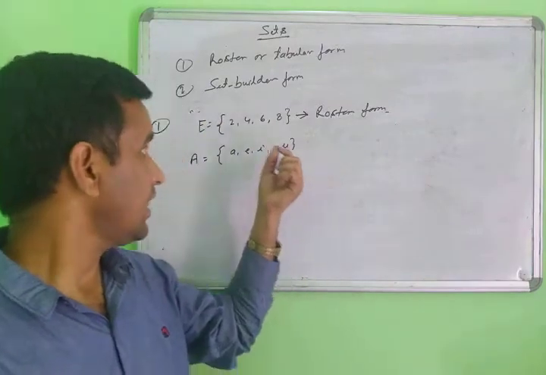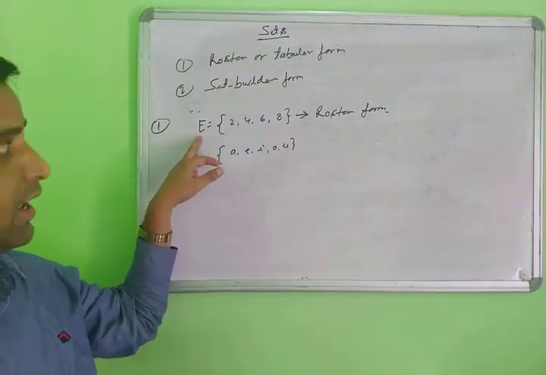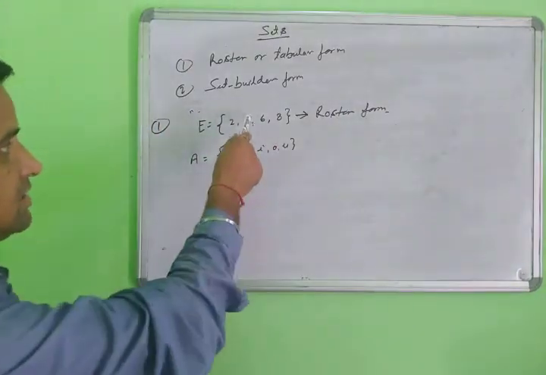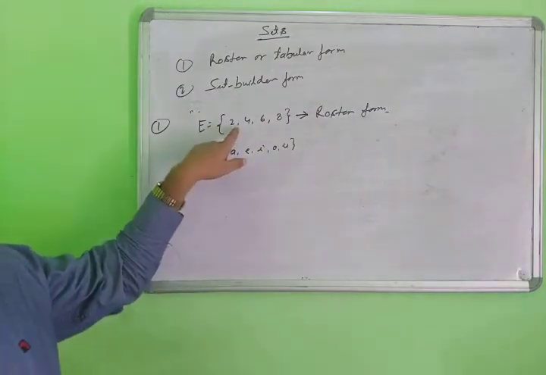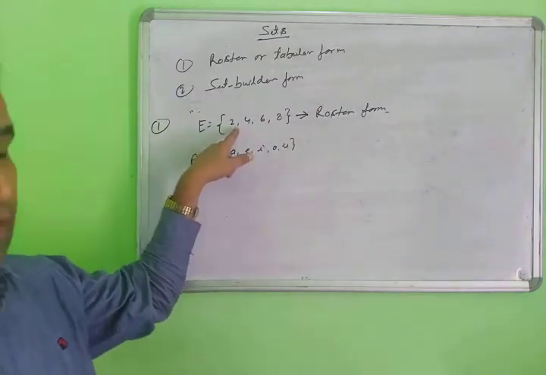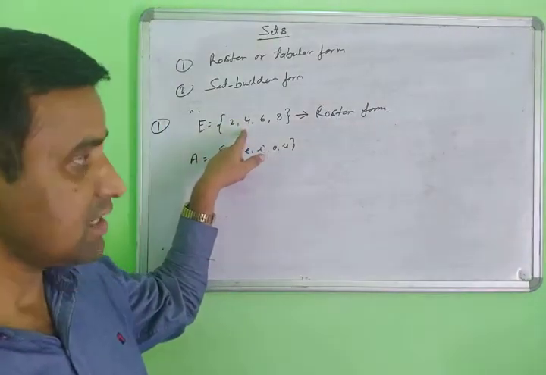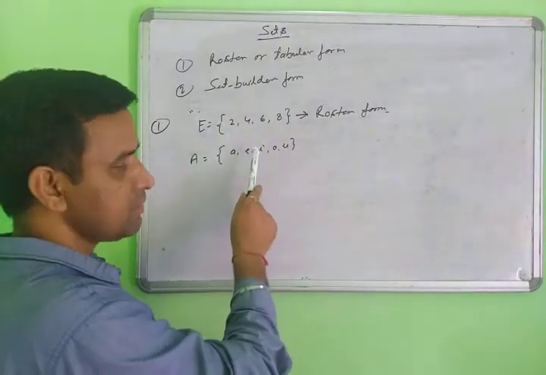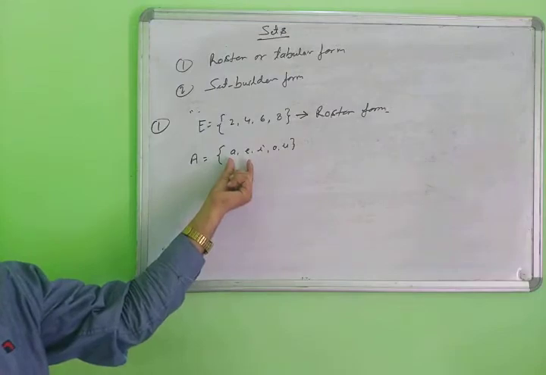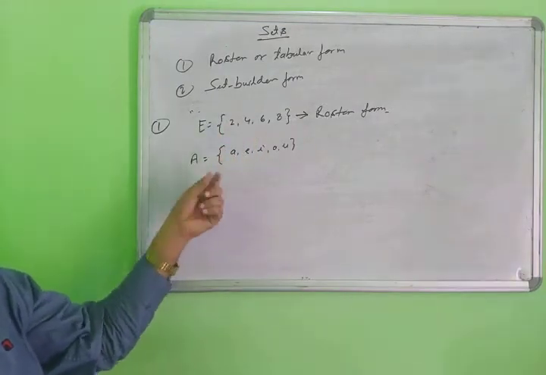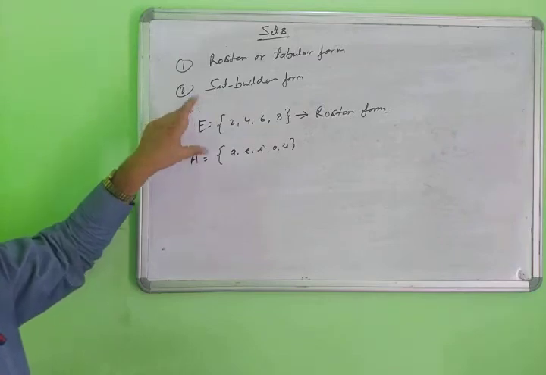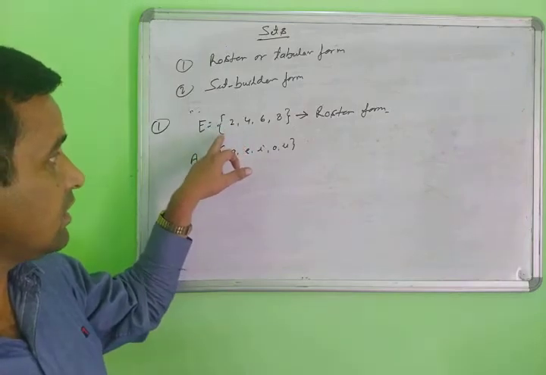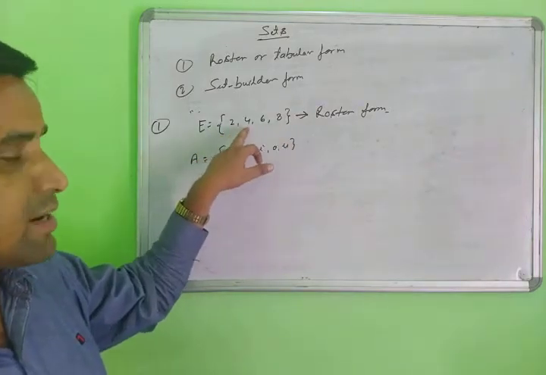First thing here: every set is represented by a capital letter, and these are the members of the set, the elements of the set. You can name them either way; these are synonyms. The members of the set will always be written in small letters, and the set will be represented in capital letters. Second point here, every set will be written enclosed by curly brackets and separated by commas.